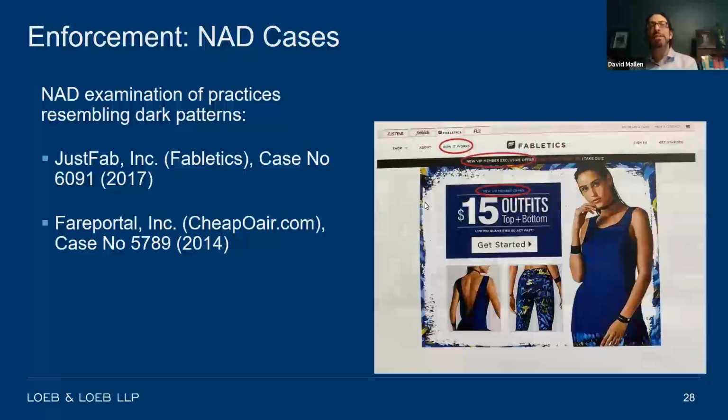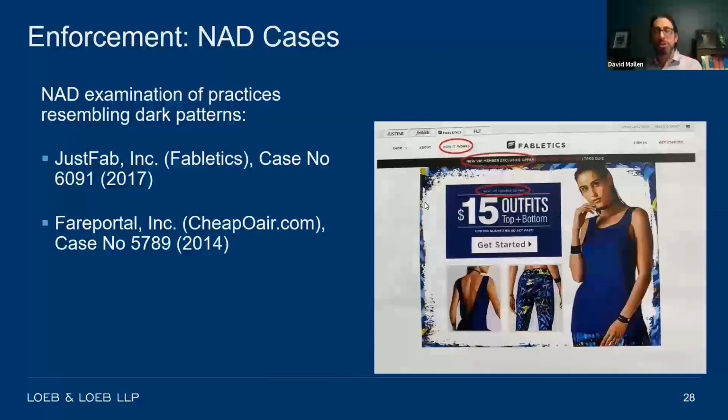That's really the bread and butter of what NAD does, and it's issues of claim substantiation and adequacies of disclosure. But NAD sees itself as a self-policing entity that will apply consumer protection law and tries to harmonize what it does with the standards, guidelines, and guidance of the Federal Trade Commission. So they'll apply, for example, the guidance towards making disclosures online. They will apply the endorsement and testimonial guidelines of the FTC. And most recently, the National Advertising Division has been very involved in this area of dark patterns.